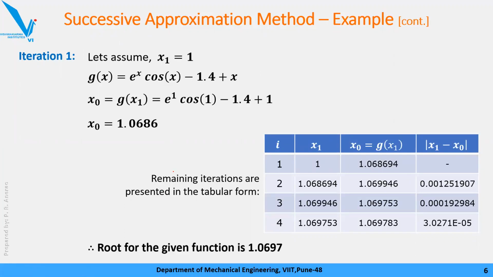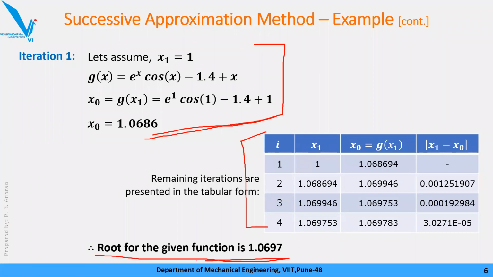Make a habit of writing iterations like this. एक iteration पूरा का पूरा solve करके detail में बताओ, then remaining iterations in a table form. At the end of your solution clearly mention कि भाई आपका answer क्या है. Always follow this kind of philosophy for writing, presenting your solution. चिड़मिड़ मत करो, वो न्यूमेरिकल है तो कुछ भी मत लिखो पेपर पे, अच्छे से रिप्रेजेंट करो.